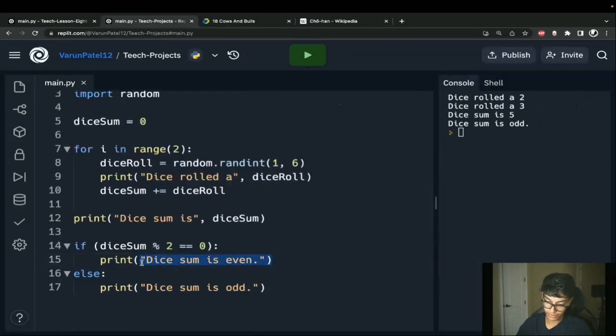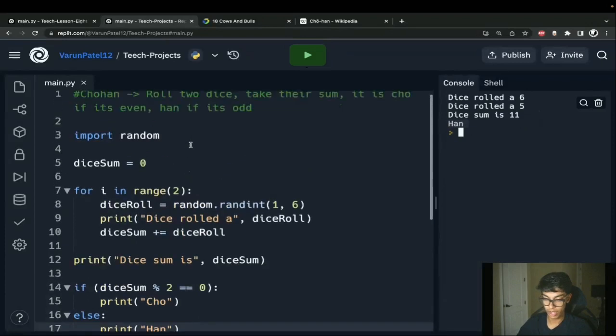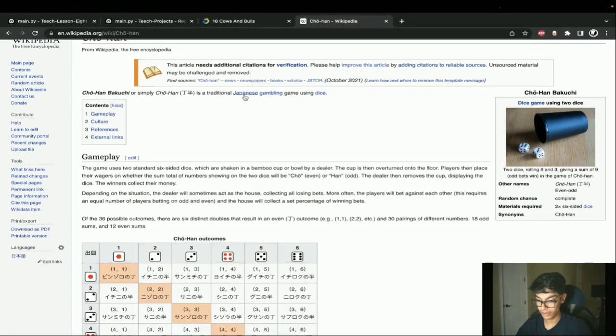Again, since it's even, we're going to say it's cho. If it's odd, we're going to say it's han. That work? Han is odd, and 11 is an odd number. Cool. So we haven't really built out all of the functionality yet, because remember, Chohan at its center is a